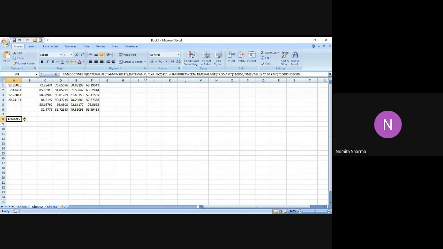You have another date value function. You have another date, and then the rand between function is closing. Then we say plus rand between, I say time. Oh, see, there's a spelling mistake of time value. So I got this as the answer.